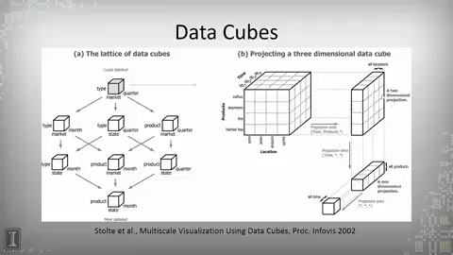So this is a two-dimensional projection that's summing up all of the sales at any given time of a given product regardless of location. So it's summing them up over all the locations, and that projection gives us something we